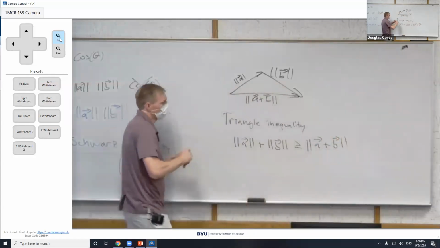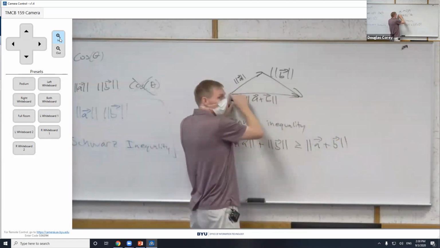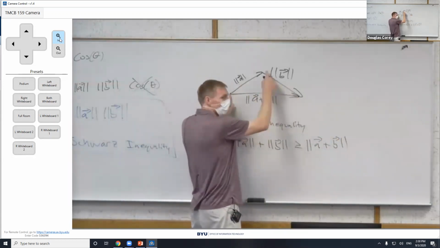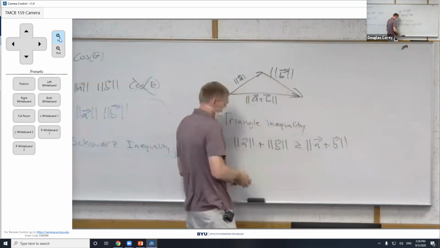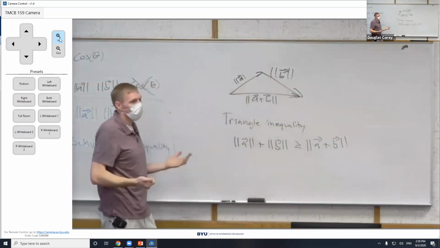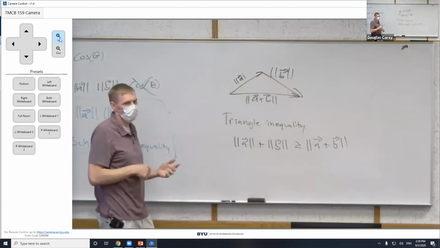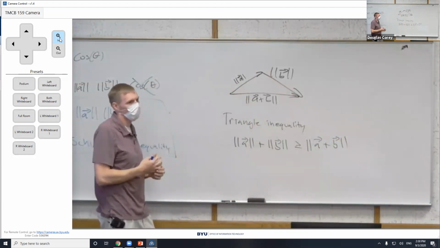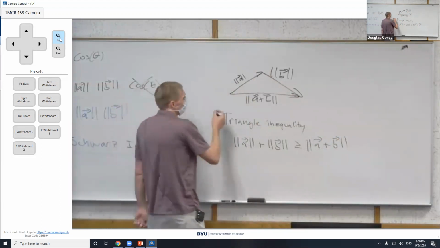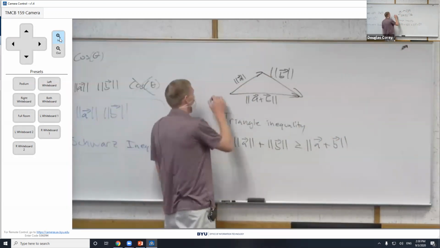So it seems obvious that this length is shorter than this length. But you'd have to be careful to say, well, it just seems obvious, because there's actually lots of times in the history of mathematics where people just thought it was obvious, and it turns out that they were wrong. But this is the proof that the Greeks would tell Euclid.